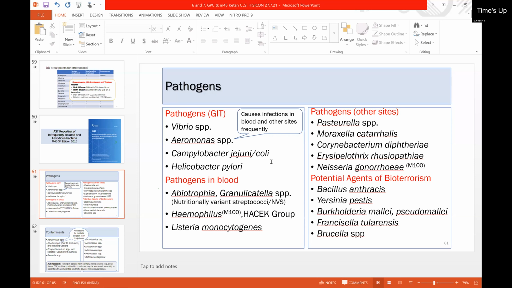However, the Vitek printout, when you take it, doesn't clearly mention intrinsic resistant situations. So it is our duty to identify them and filter them out. Otherwise, it may go as a susceptible report to the clinician also, which is extremely dangerous. This is the first situation for which the intrinsic resistance reports are important. Another situation, another reason for which you have to give an intrinsic resistance message